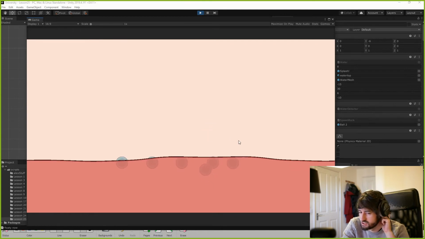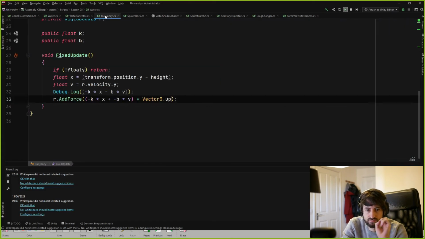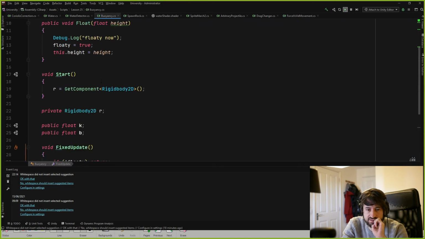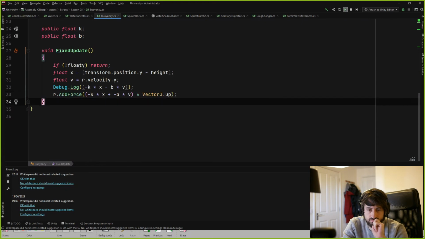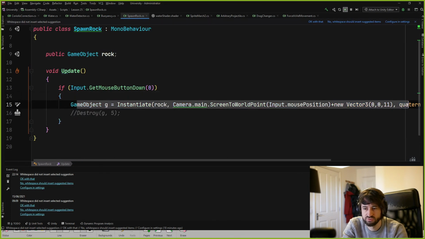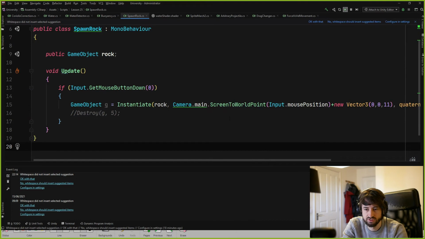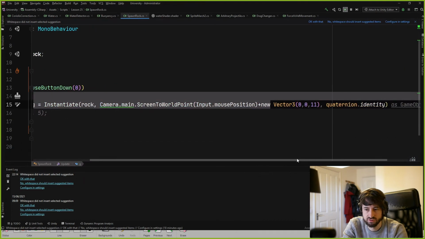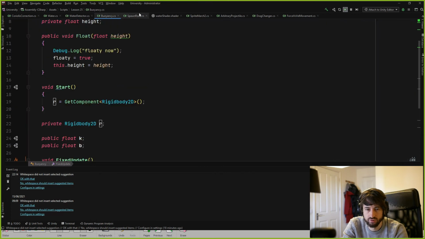One other thing I wanted to change in this is the buoyancy. All the buoyancy does is kx minus bv, and it does that on collision stay. So I've got this spawn rock, which just spawns a rock. You click on mouse button down, it looks at the world position, the mouse position, and it spawns a rock. Now the buoyancy